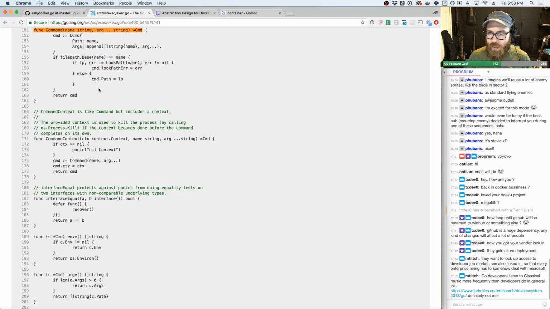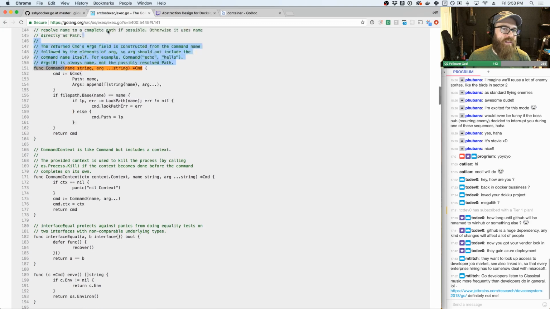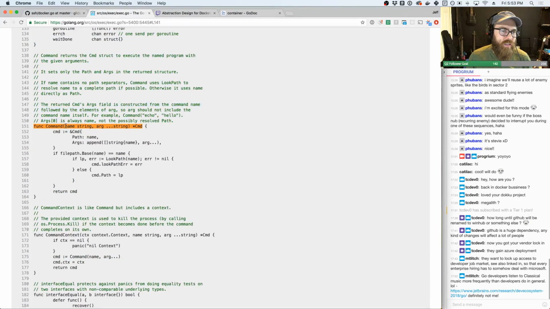Go developers listen to classical music. I could see that. I'm sure that number makes sense regardless of the situation. As the Go community grows, that percentage will get smaller and smaller as it becomes a better representation of a larger sample of the average population. But